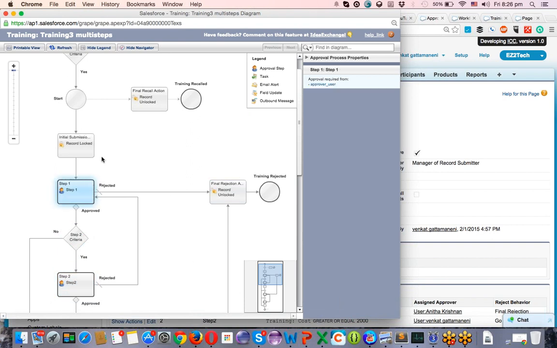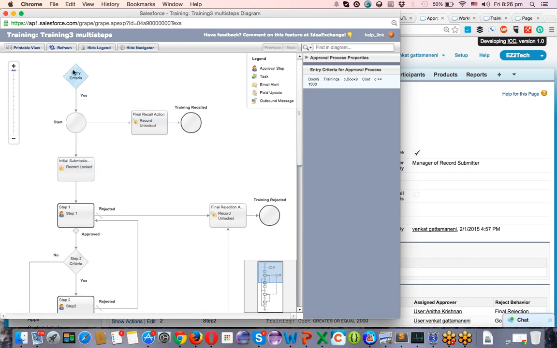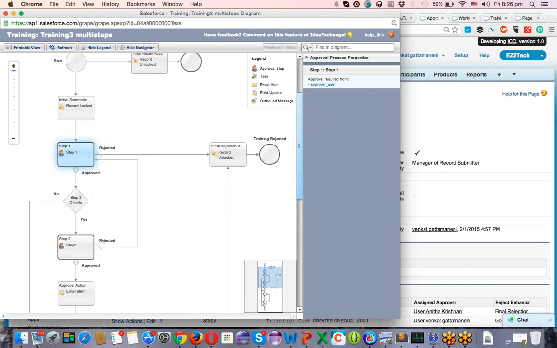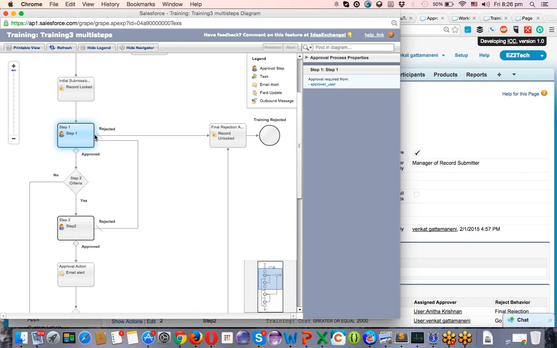Again, if there is only one approver, then it's simply rejected and will go back to the user. But what happens here? The user is submitting the record, and it's coming to step 1. There is a different approver, and the first level approver has approved.